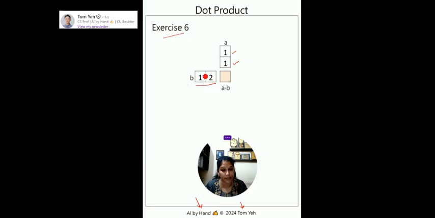Now the dot product is computed as 1 times 1 plus 1 times 2, and then we have the resultant. So it shows us how the dot product combines multiple terms into one single number. It's not just about multiplication, it's also about addition across the dimensions.